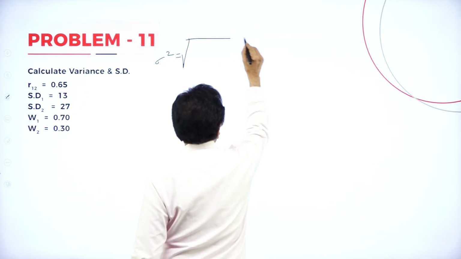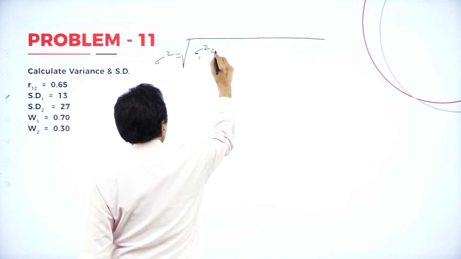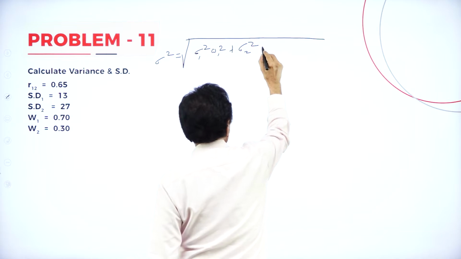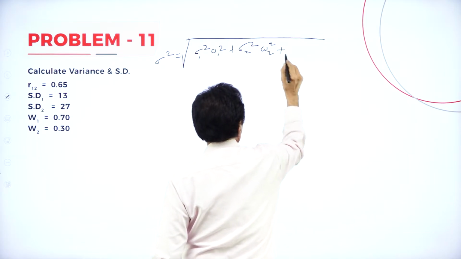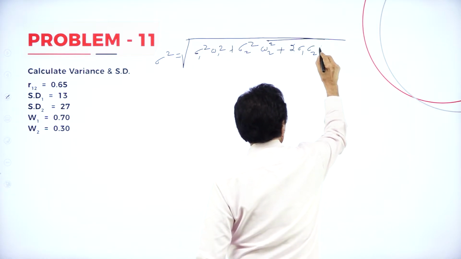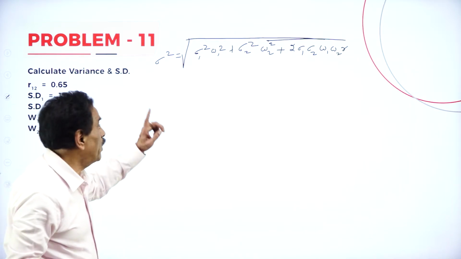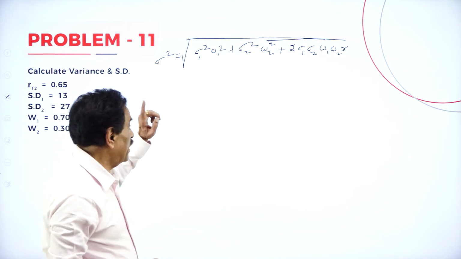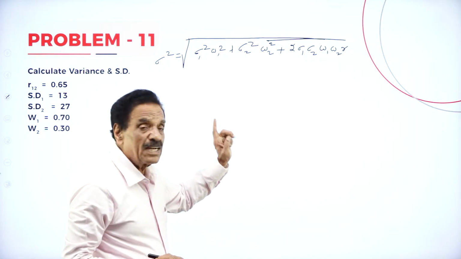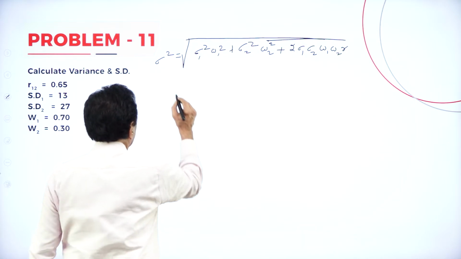Root of standard deviation 1 square W1 square plus standard deviation 2 square W2 square plus 2 into standard deviation 1, standard deviation 2, weighted average 1, weighted 2 into R. It's a formula: standard deviation 1 square W1 square, standard deviation 2 square W2 square plus 2 into standard deviation 1, standard deviation 2, weight W1, W2 into R, where R is the correlation, is equal to root of,